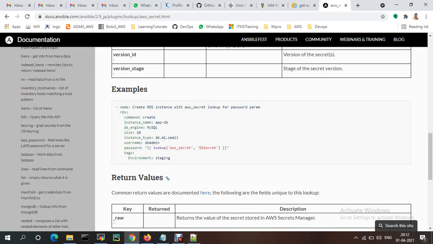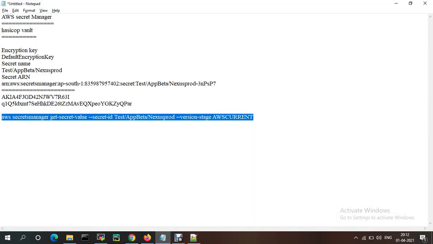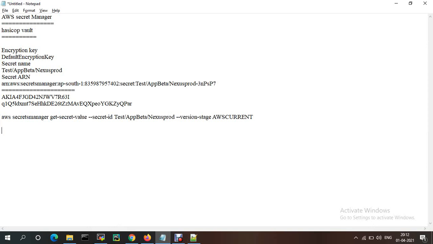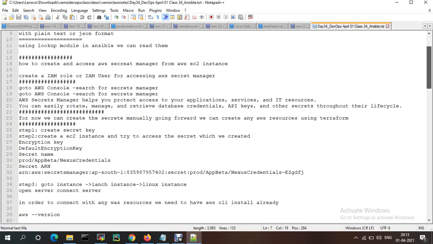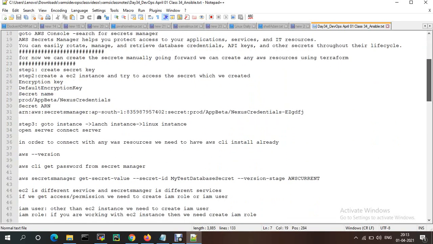Let me copy this one. This is the value we need to pass. Here the AWS secret name is ours, this one. So I'm clicking that secret and accessing Secrets Manager, that is done.